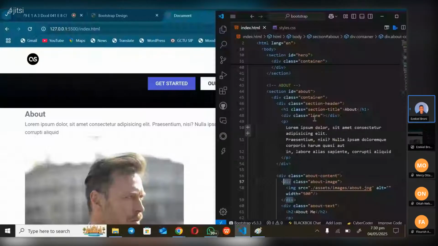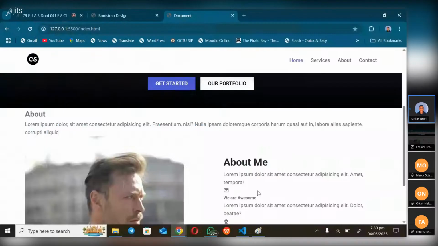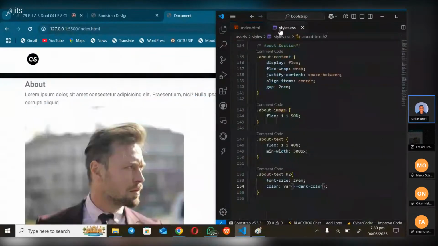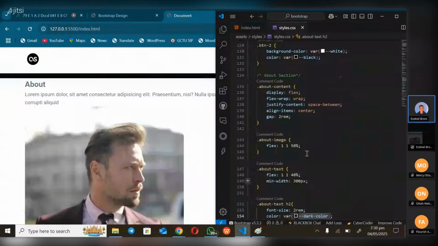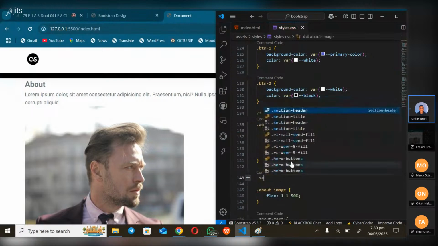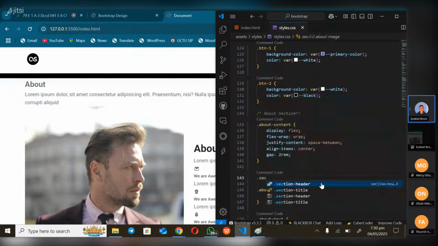Okay, I've not styled this part. So let's style this one. Let me put it at the top here. So that section header